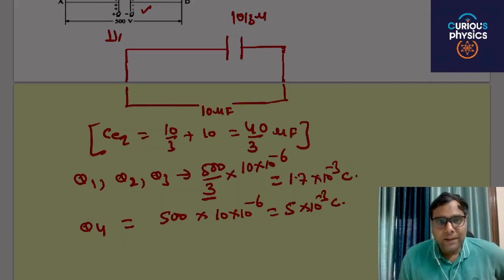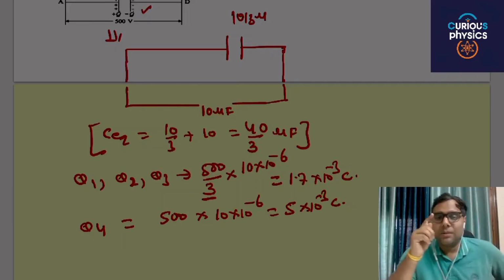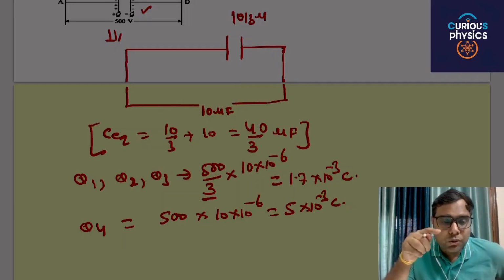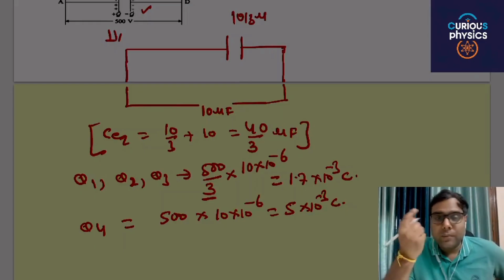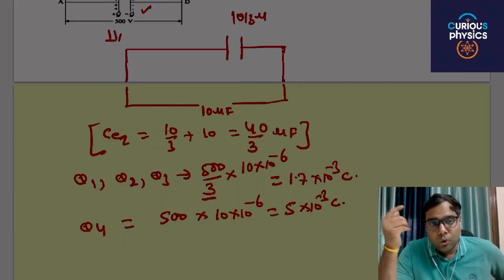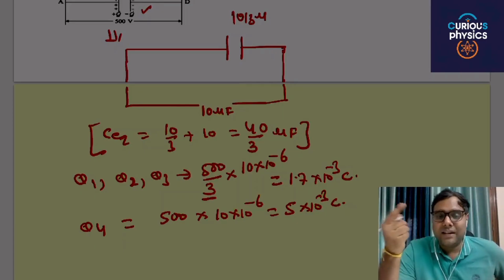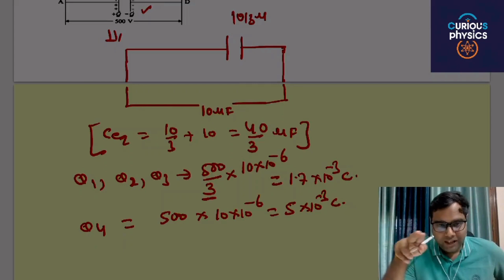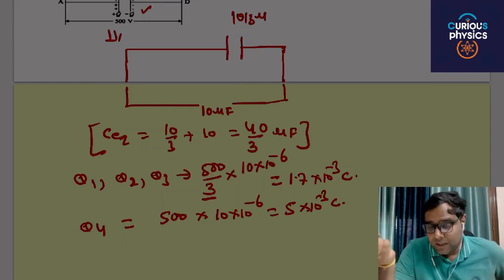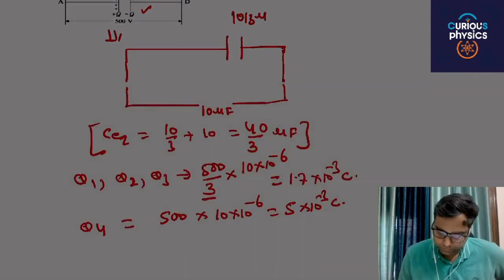This is the basic you have to know. We have just used basic information to solve this question. In series and parallel combinations, you should know all the points, not just the formula of 1 by C1 or like that. In series combination, potential will be different and charge will be the same. In case of parallel combination, potential is the same and charge will be different. Okay, this is the basic condition.